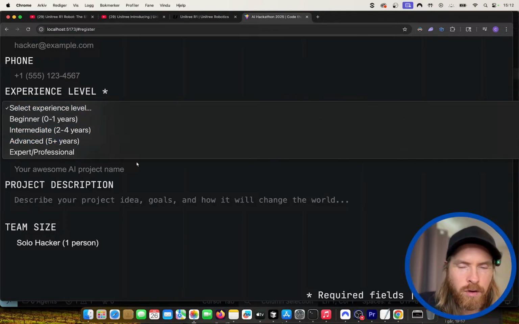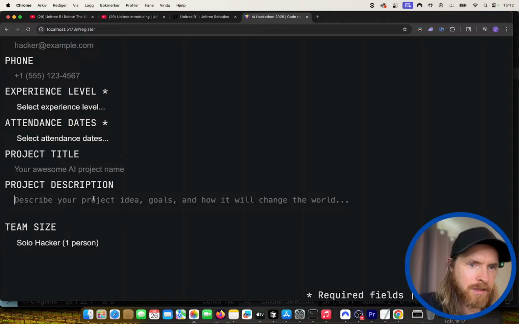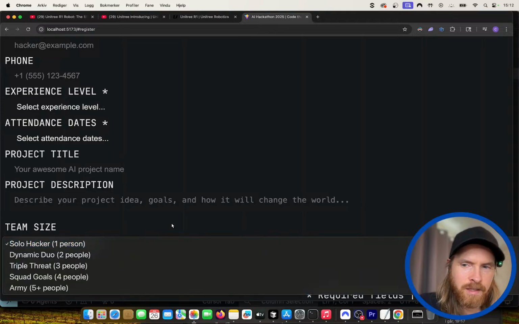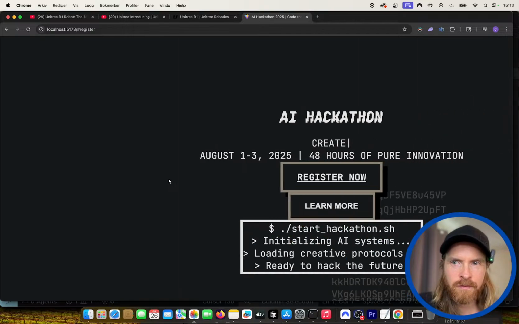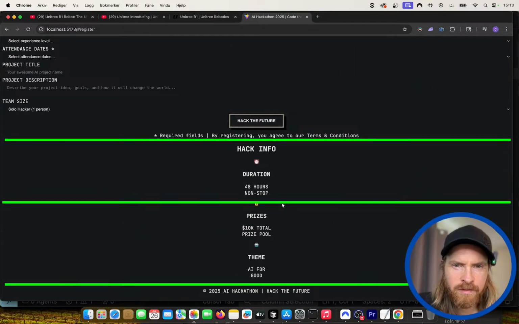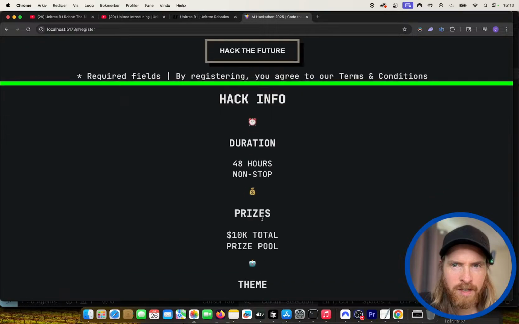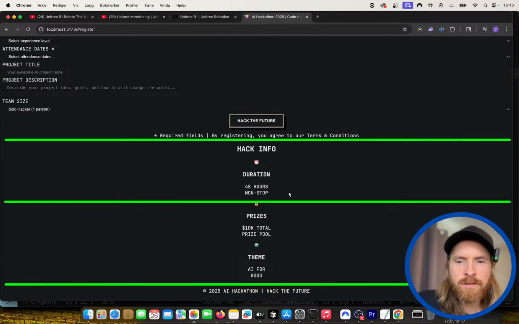Okay, so we do have a drop down, attendance, that works pretty good. You can select team size. Okay, that's fine, I guess.